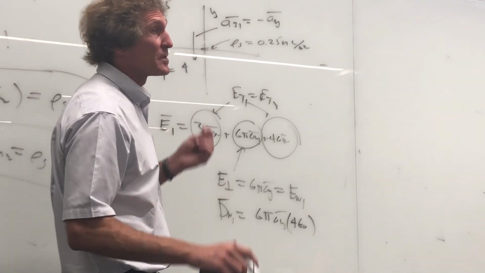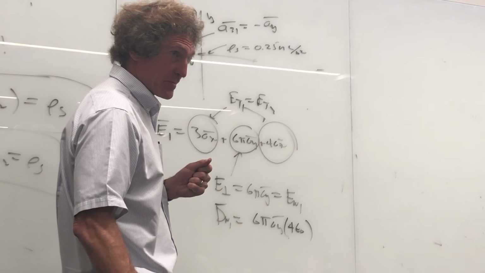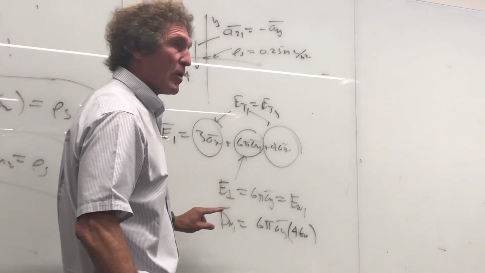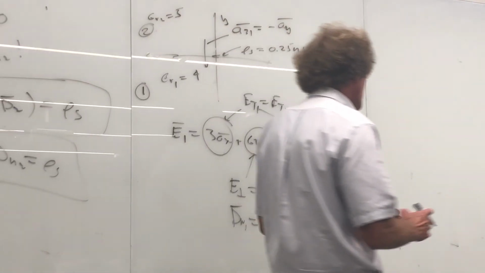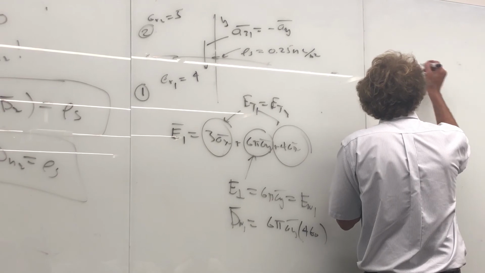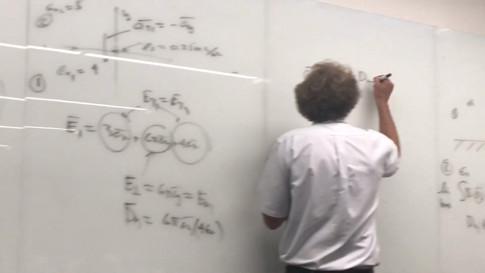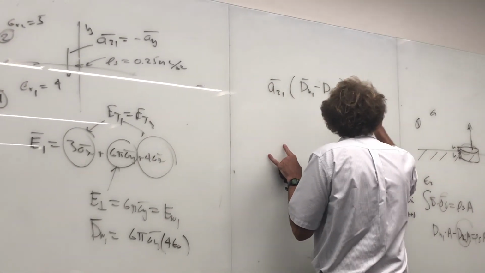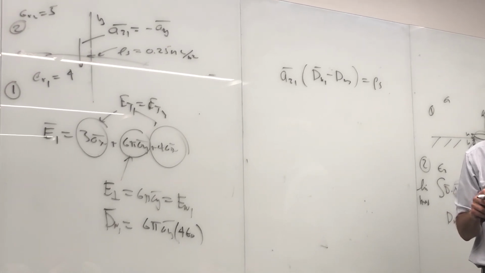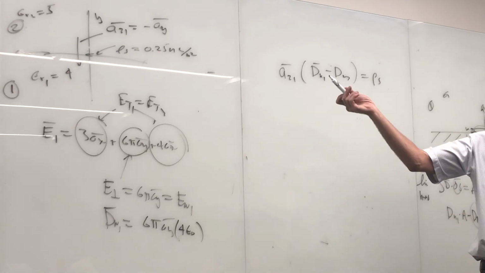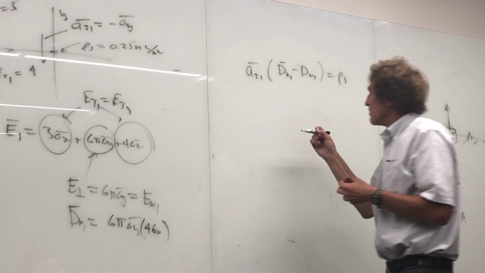If you find the E field that's normal and you multiply it by the value of epsilon in that region, you got the D field, don't you? Now, that's D normal 1, right? You'll notice it's in the Y direction. Now we go here and we know that A21 dot D normal in region 1 minus D normal in region 2 is equal to rho S, correct? All right, now we're just applying something. What is A21? Well, A21 is a vector that points from region 2 to region 1, which is minus AY, correct everyone? So minus AY,